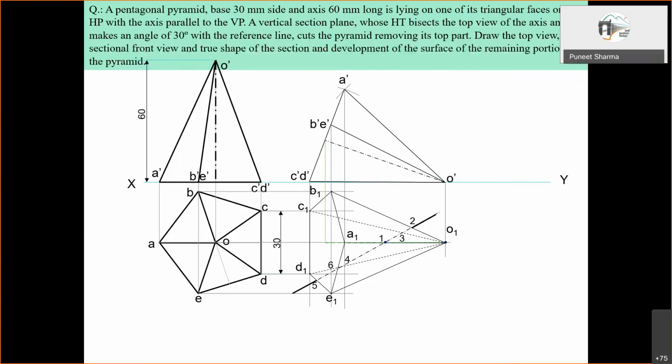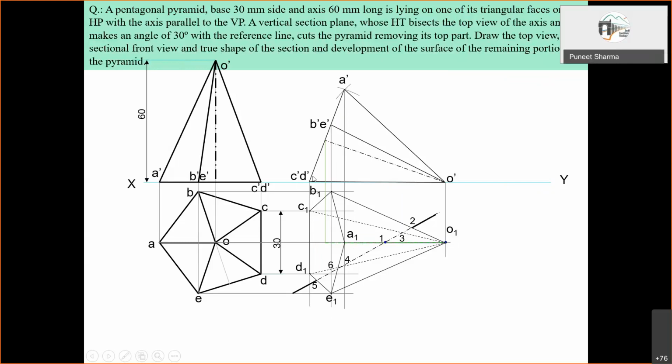Now we have to draw the projectors from all these located intersection points onto the front view so as to locate them there. So this 5, this 6, then this 4, right? On the relevant edges. So like this ED, we have to look at where is ED. ED is here. So onto this, we'll go from this 5 onto this ED. Then AE, where is AE? AE is here, so onto AE we'll go from this 6.